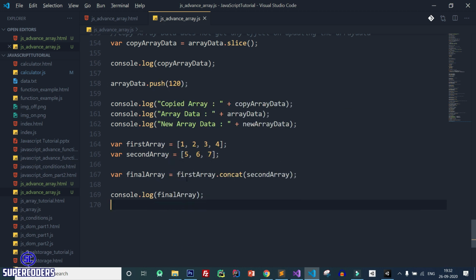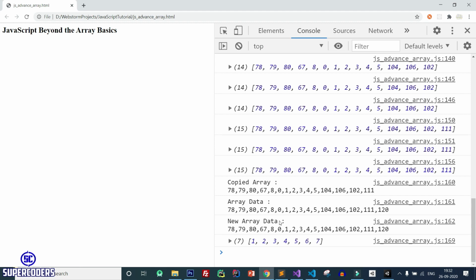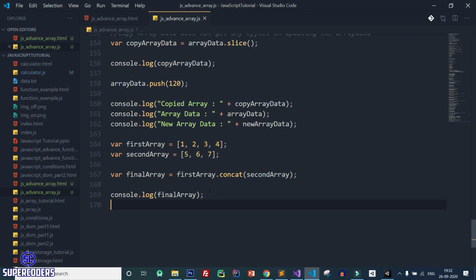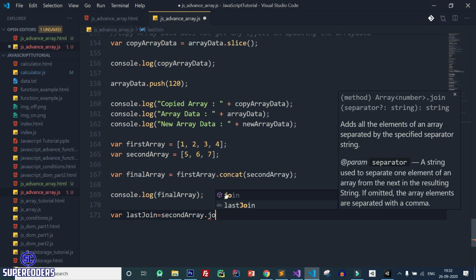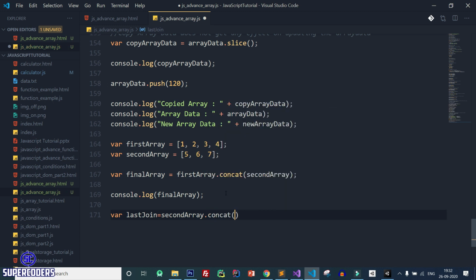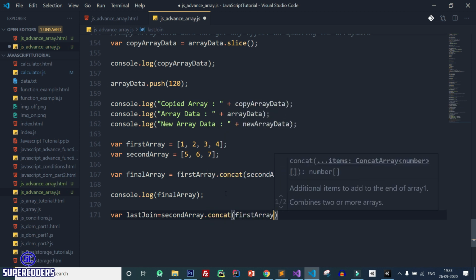Save it, back to Chrome, refresh page, and you can see you can join the two arrays. After that, here you can see what actually happened. It joined in first array, but if you want to join in second array, so where last join equal to second array dot concat first array.